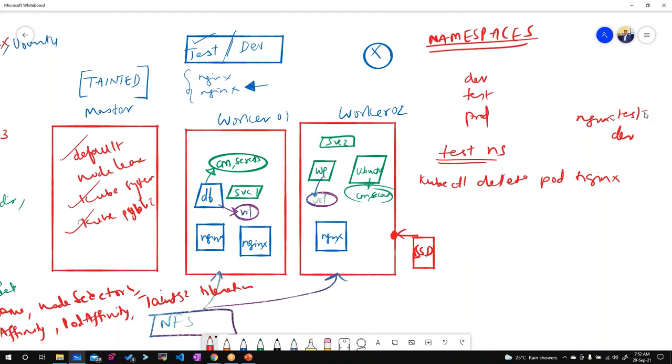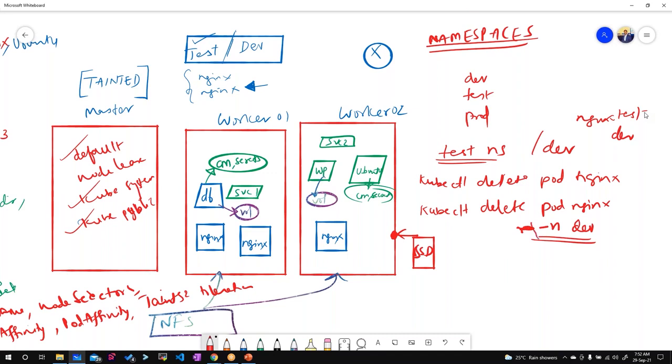But there is a similar pod running in the dev namespace. If I have to delete that, I have to do kubectl delete pod nginx and explicitly mention the namespace using -n dev. Only then does the nginx pod from the dev namespace get deleted.